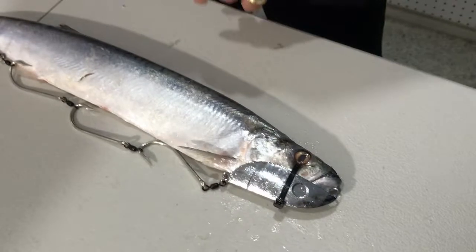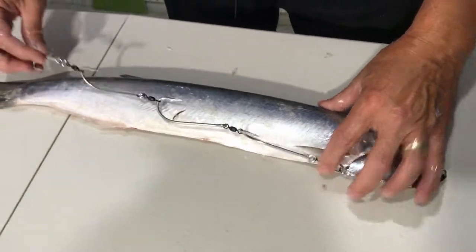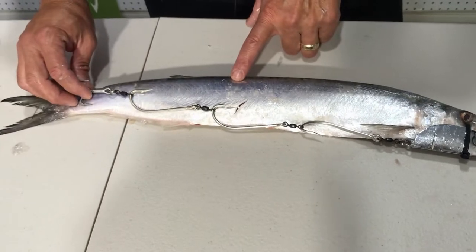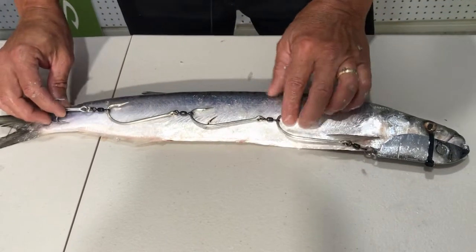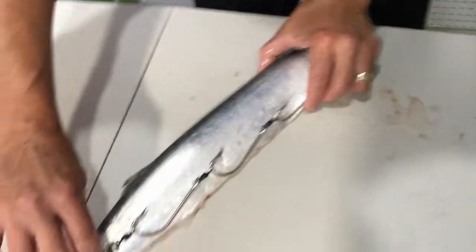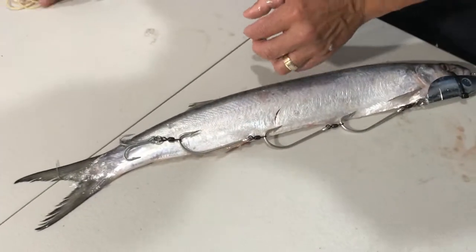like that. Now, when you rig it, you can rig it with the hooks set into the body, but I tend to just use rubber bands. It's a lot quicker and a lot easier, and if you're not getting a striker, you don't waste your ribbon fish. So what you do here is grab your rubber bands,